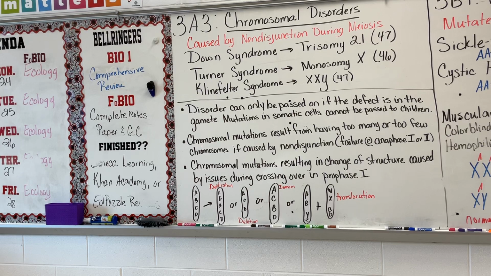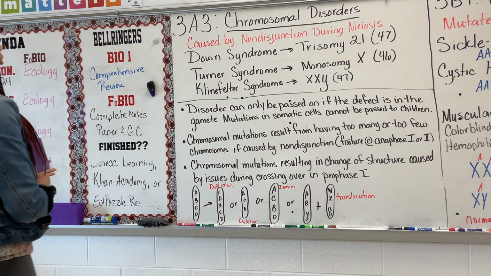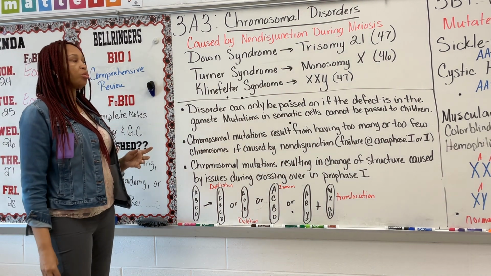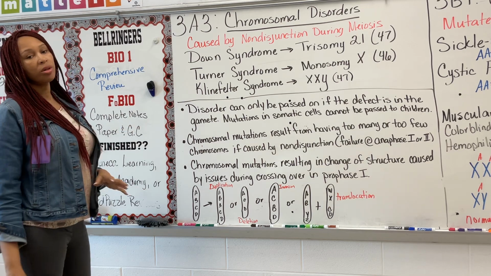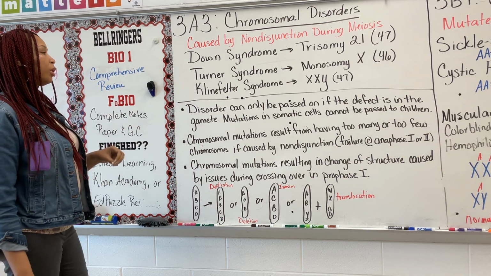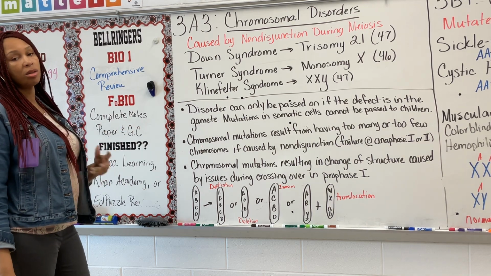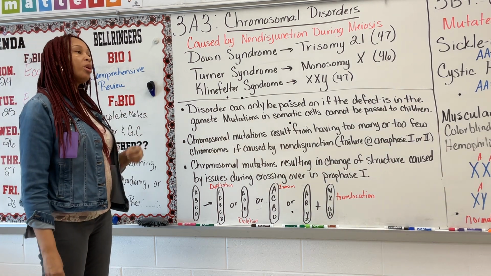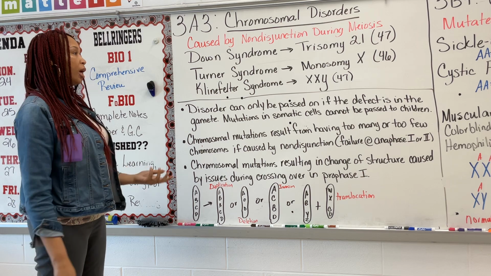All right, guys, so let's look at 3A3 a little bit more closely. So 3A was dealing with genetics. And so we're going to look at 3A3, where it's going to actually talk about some chromosomal disorders that affect humans. Now, a disorder can only be passed on from one generation to the next if it occurs during meiosis, okay? It has to be in the gamete because remember, you get your genes from your egg or sperm